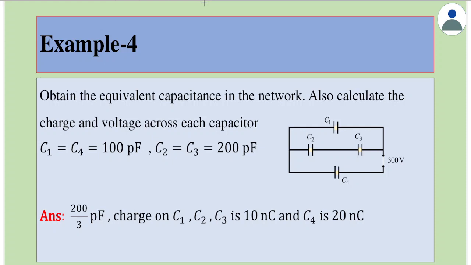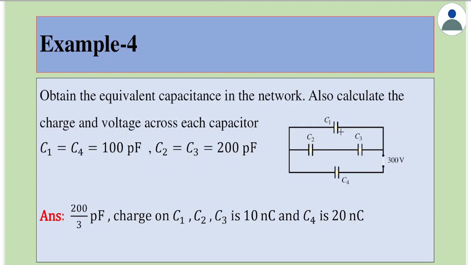Example 4 says, obtain the equivalent capacitance in the network. Also calculate the charge and voltage across each capacitor. So C1 and C4 each is equal to 100 picofarad. C2 and C3 each is equal to 200 picofarad. As given here,